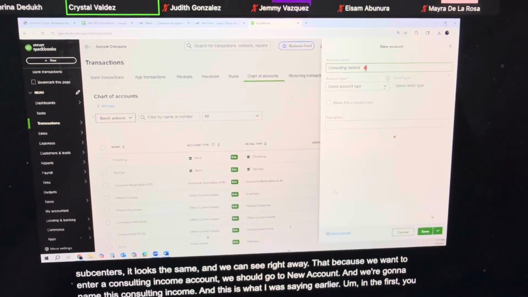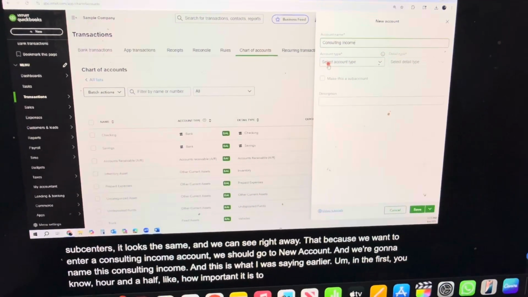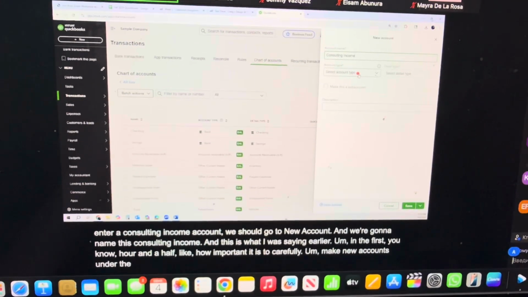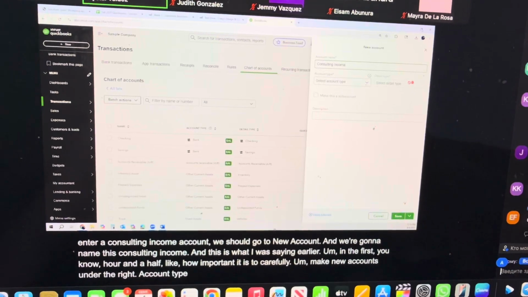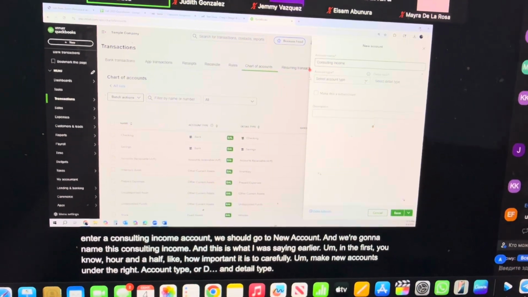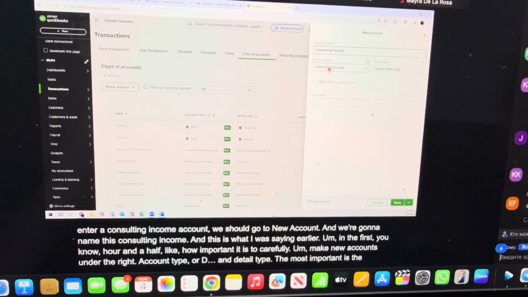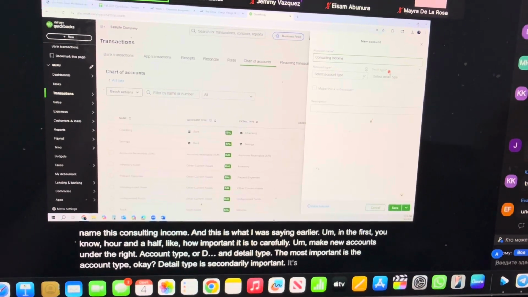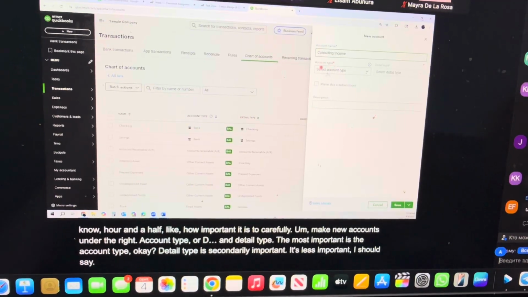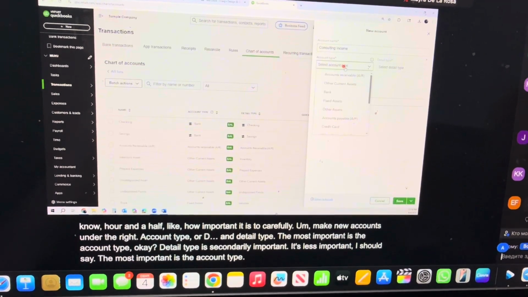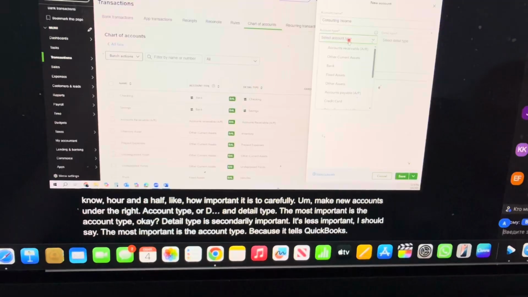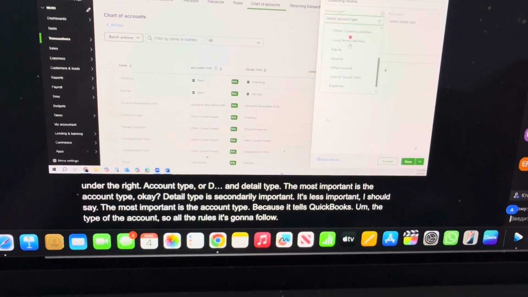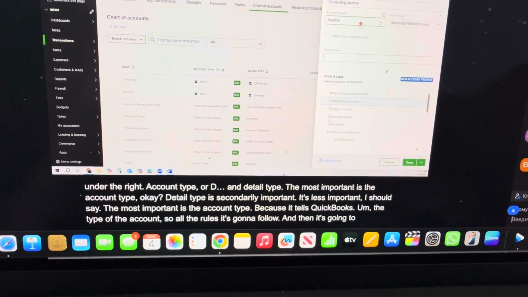Like how important it is to carefully make new accounts under the right account type or detail type. The most important is the account type, okay? Detail type is secondarily important. It's less important, I should say. The account type tells QuickBooks the type of the account, so all the rules it's going to follow, and then it's going to report it on the correct